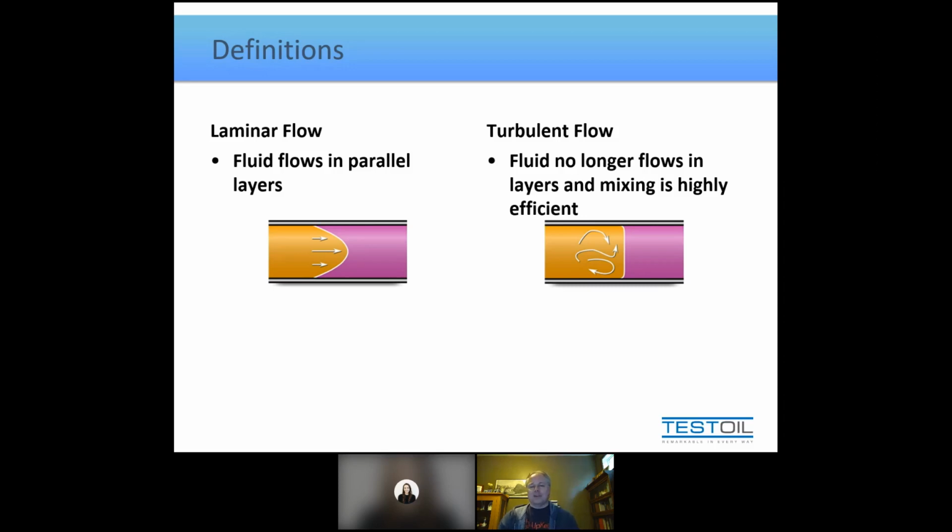So what we like to consider for flushing is turbulent flow, because this means that basically there's not layers and they're just tumbling over each other as they flow through. So they will have an ability to pick up particles and carry them through to the screens, to the filters, to whatever you've got. So some quick terminology here. When we're describing flow, we often refer to a characteristic known as the Reynolds number.